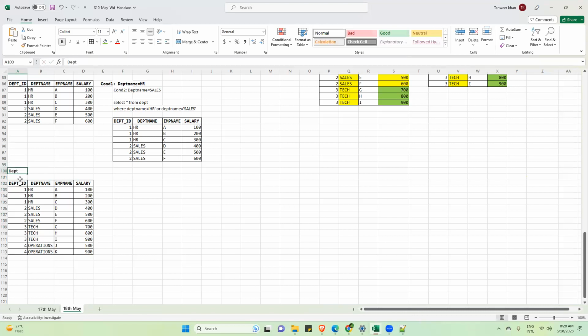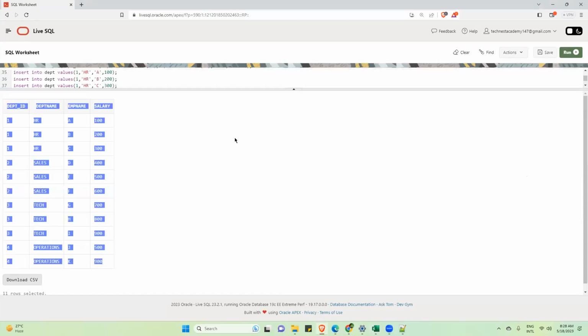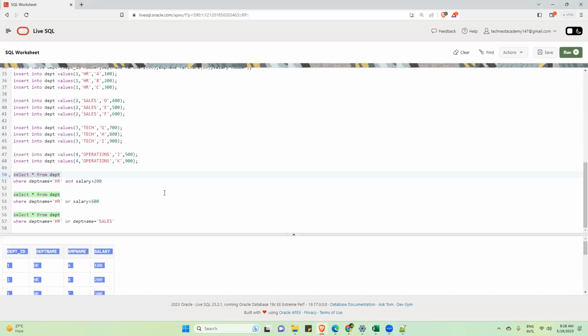Now my manager is telling me, Tanvir, the HR and sales employees details you have displayed are good, but actually we want to give some increment to the operations department employees as well. So please display the details of HR, sales, and operations. So what should be the query, guys? Here department name equals HR, or department name equals sales, or department name equals operations.